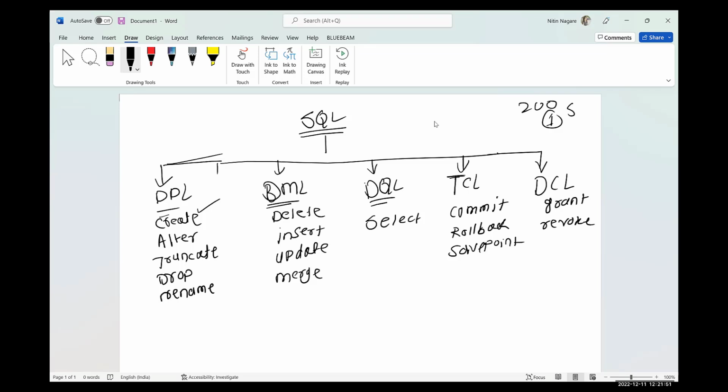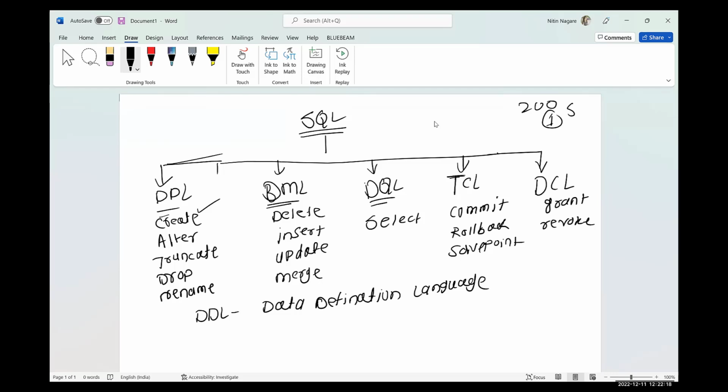DDL, data definition language. Why do we call it the data definition language?